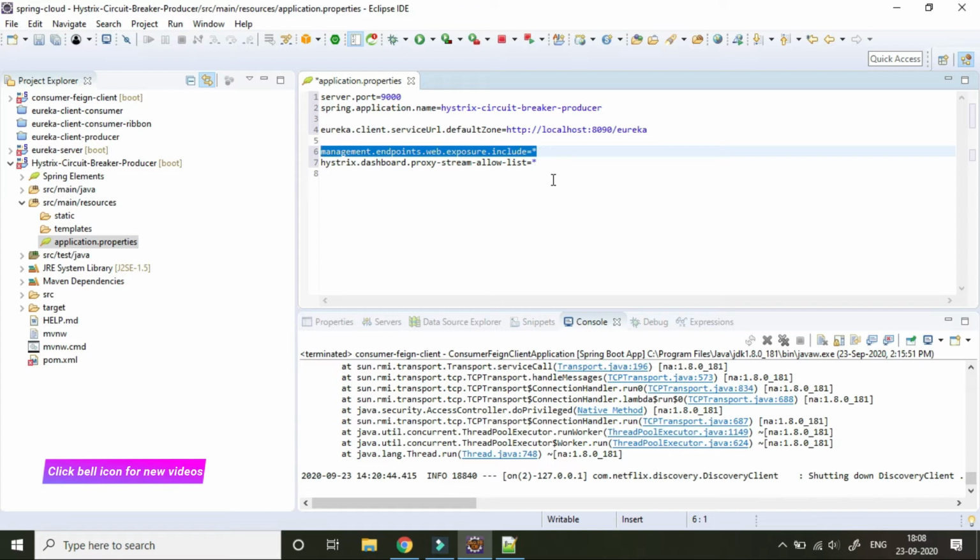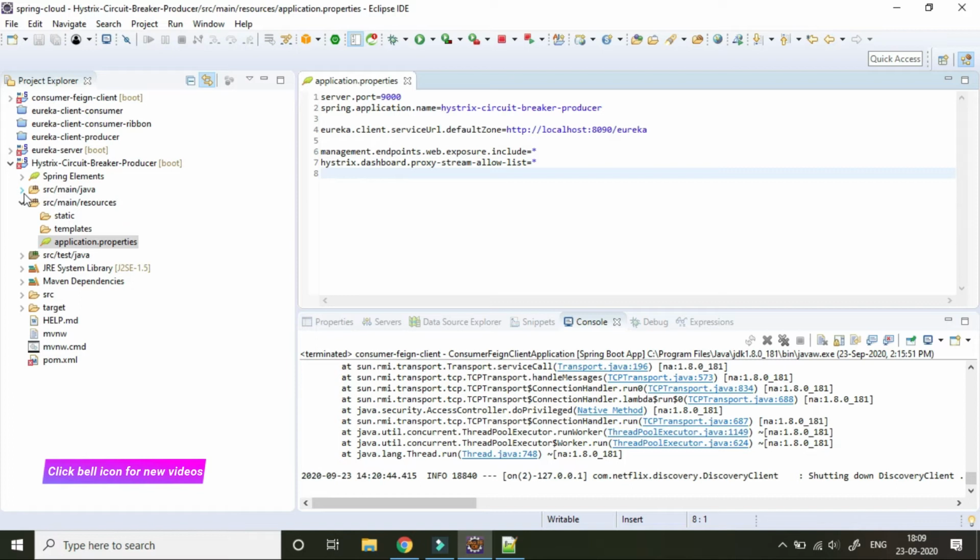If we use actuator in our application, multiple URLs will be exposed, and those URLs will help us to monitor our full application details like health, info, etc. And also we need the Hystrix stream, and that Hystrix stream we will use for the Hystrix dashboard.